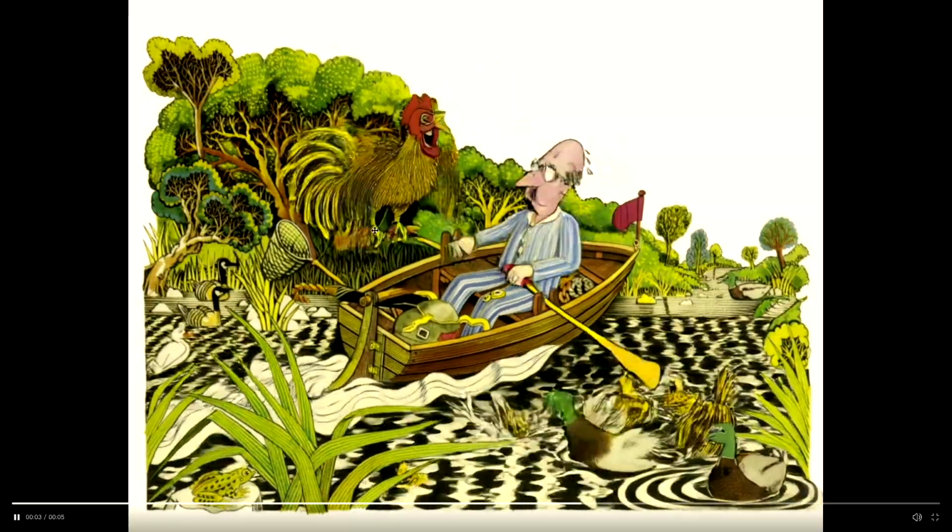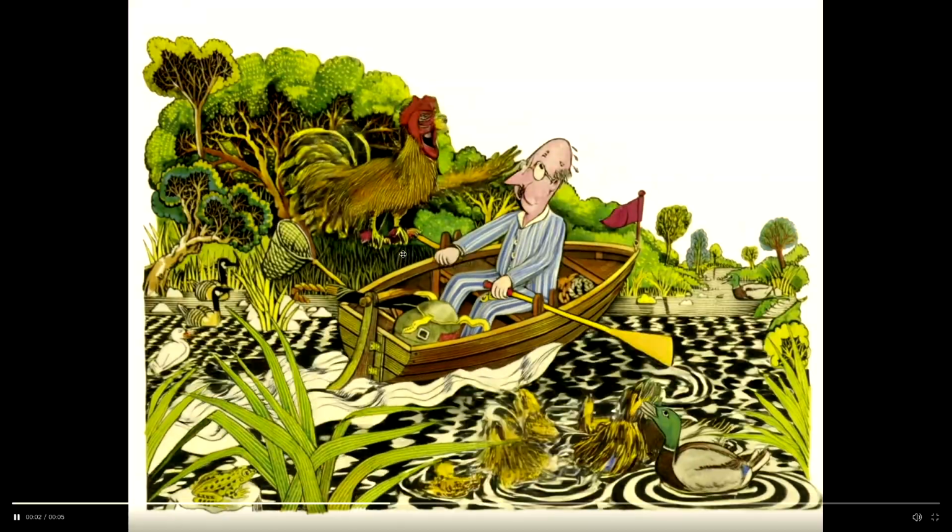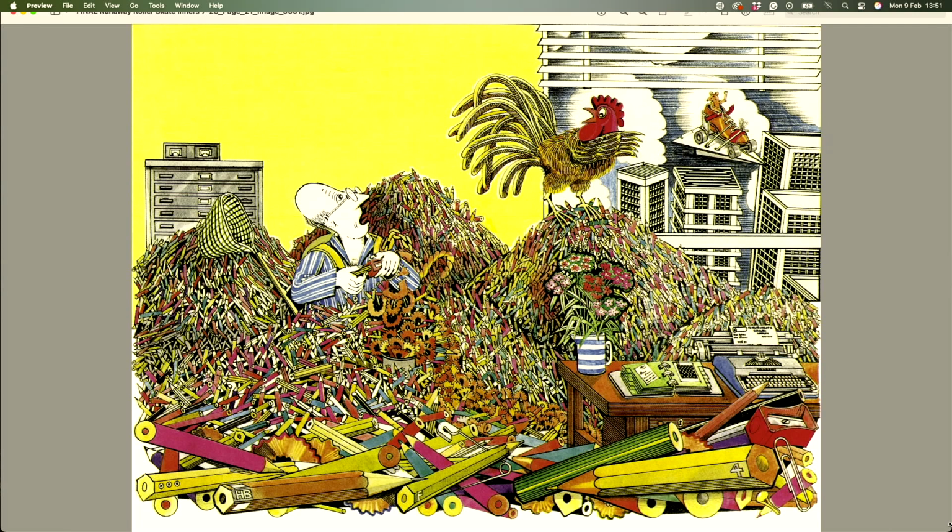In order to do this, this cockerel jumps up in the air and it's kind of half sitting on the boat and half sitting on the oar. And actually, if we were to look at some of the other images, I suspect there's a level of complexity in some of these other images. For instance, if I move on ahead to an image like this,